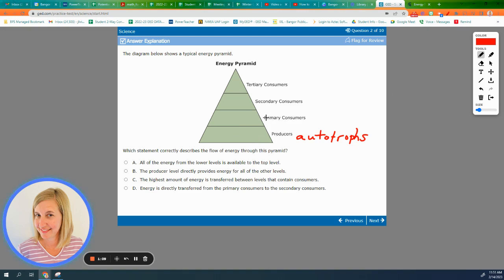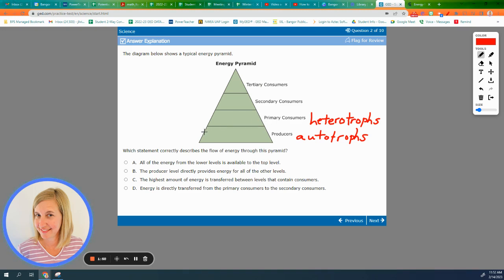And then we go up one level, and the primary consumers, or what we might also call heterotrophs, do not make their own energy, they consume it. FYI, as humans, we are heterotrophs or consumers because we are not able to make our own energy like plants. So we must consume other living organisms to get our food. So producers or plants down here use the sunlight to grow. When the next level, the primary consumers, eat the producers,